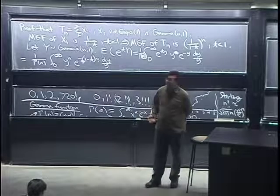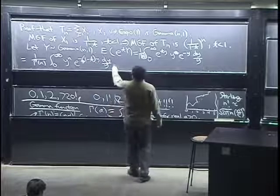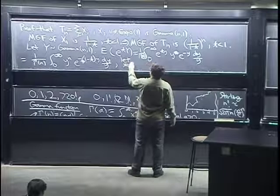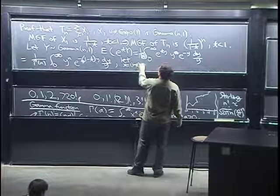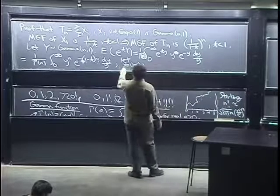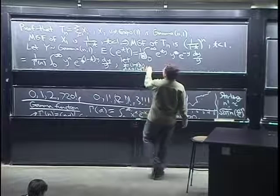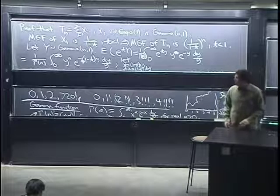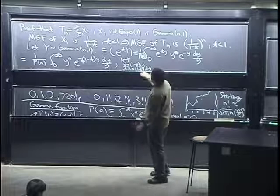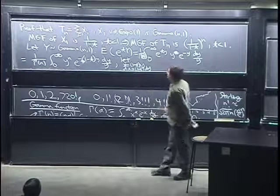Just make a change of variables just to make this e to the minus x again, right? So we're just going to let x equal 1 minus t times y. So that dx equals 1 minus t dy. Okay? So t is less than 1, so that means that this is actually still positive. So the limits of integration